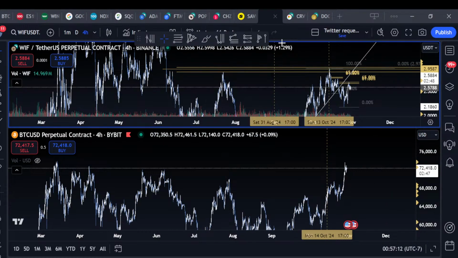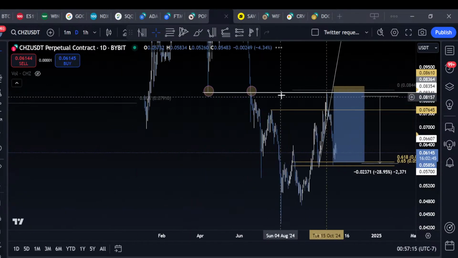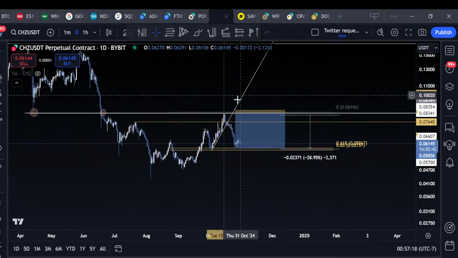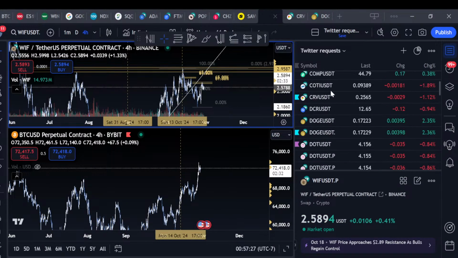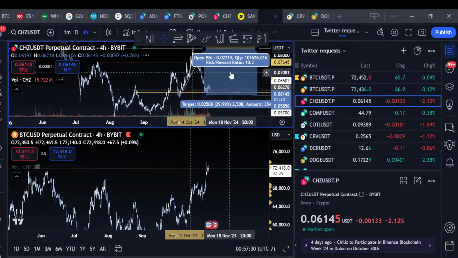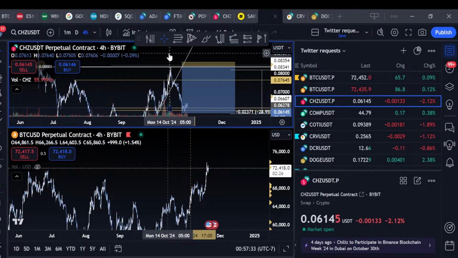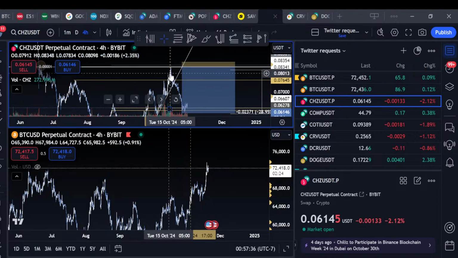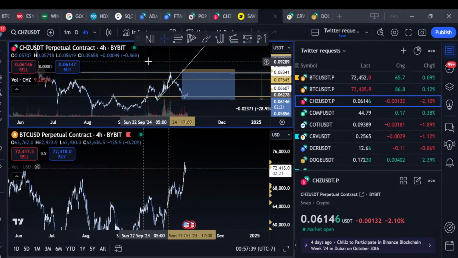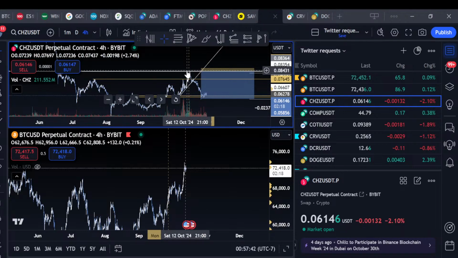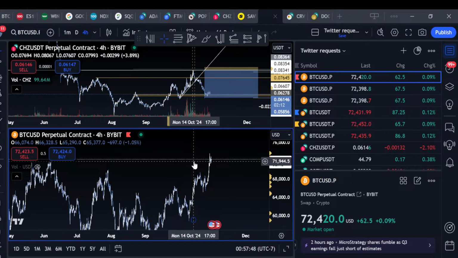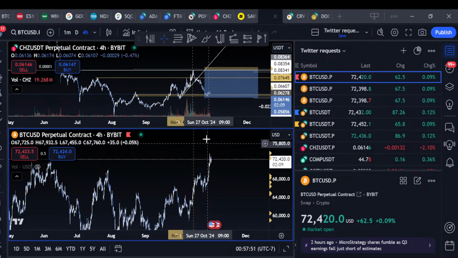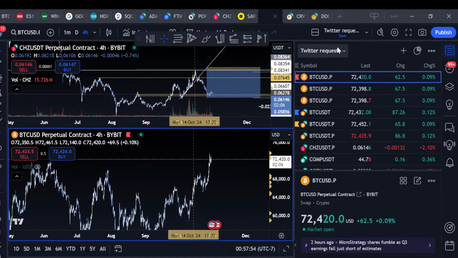But something I'd point out here as well is I took this CHZ short and we went straight down 38%. If I compare it to the Bitcoin chart, which we will really quickly, you'll see this over and over again on the charts if you pay attention. CHZ has gone literally straight down. It just can't even make a higher high on almost any time frame. Bitcoin had an initial rejection, a little bit of a pullback, but Bitcoin's gone straight up, and CHZ's gone straight down. I hit my target on my CHZ short.